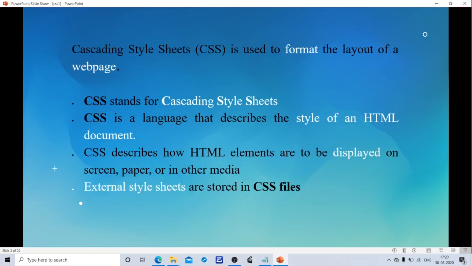It's a cascading style sheet. Cascading style sheet is used to apply the style in a web page which is made up of HTML elements. If I want to use any style in a web page, by using some HTML elements we can use cascading style sheets. It describes the look of the web page.